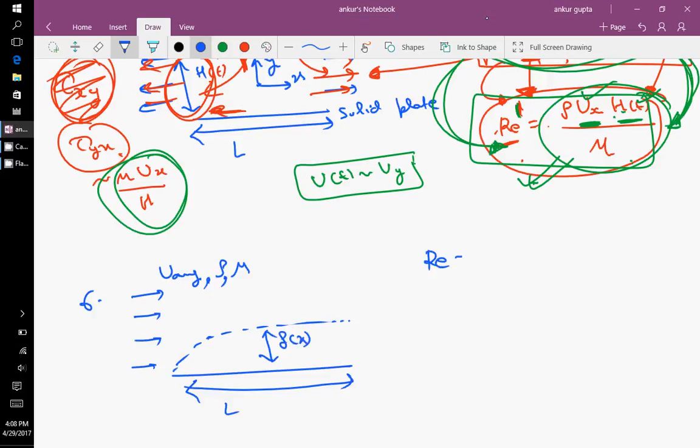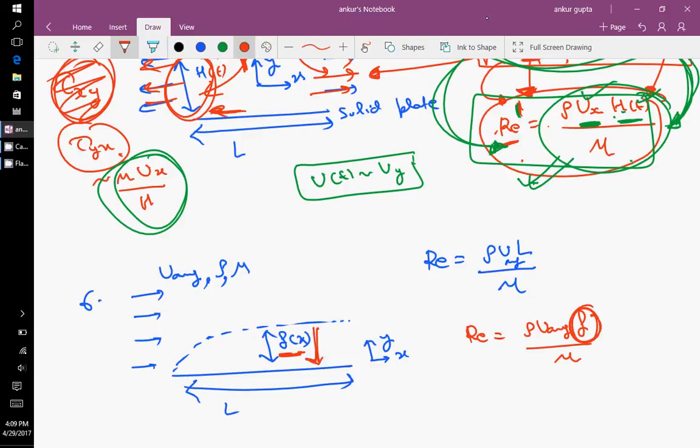Here the Reynolds number is defined as rho u average L by mu, as you have been discussing these days in class. The way we have been discussing the problem till now, and somebody should definitely think about this, it is actually rho u average delta by mu. Delta is again the boundary layer thickness, because this is where delta is the right length scale, in this direction,